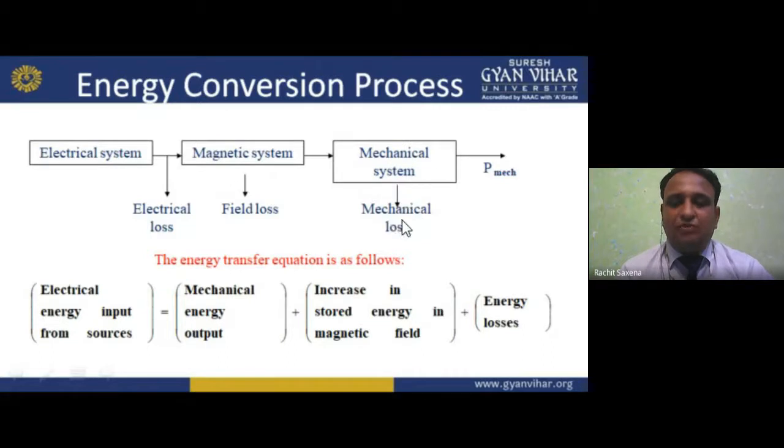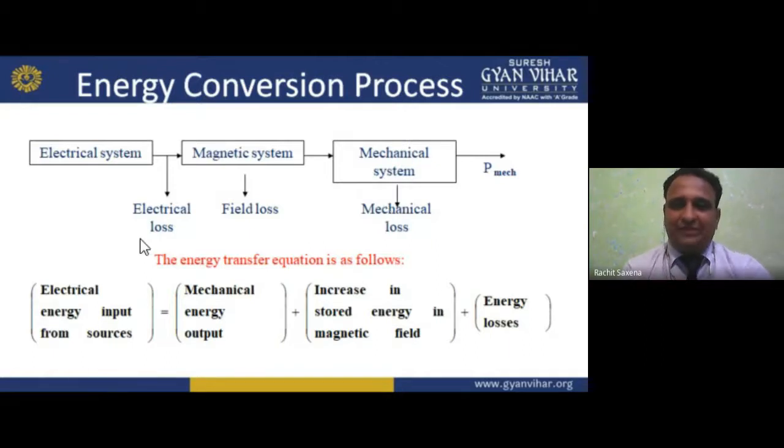So we are having the mechanical losses, here we have the windage and friction losses. So we can say the mechanical losses. So electrical loss, magnetic loss, and mechanical losses, three losses take place. Why? Because we are having three categories, three systems here. First is the electrical, then converted to magnetic, then converted to the mechanical. So all three are playing an important role, and if they are playing an important role, we can say the losses also take place.